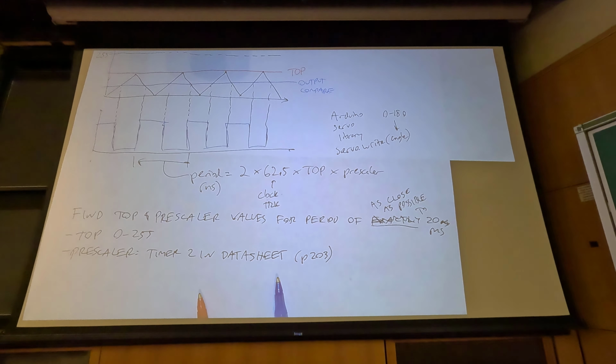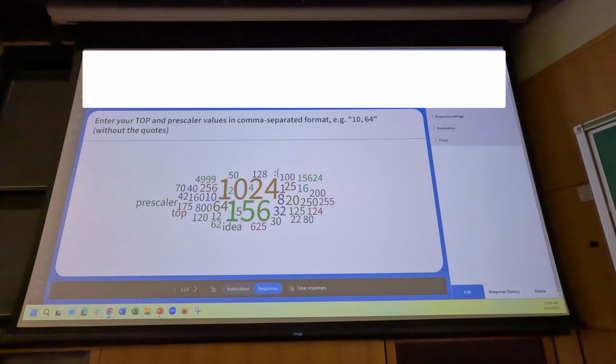Okay. Then it looks like, switch to laptop. The word cloud format here does show 1024 and 156, which are the two correct values. So if we switch back to the document cam,